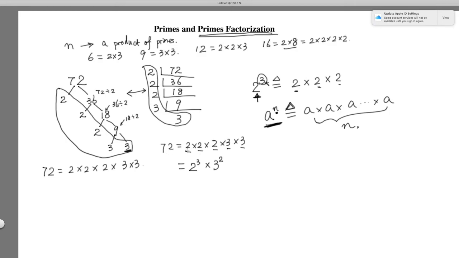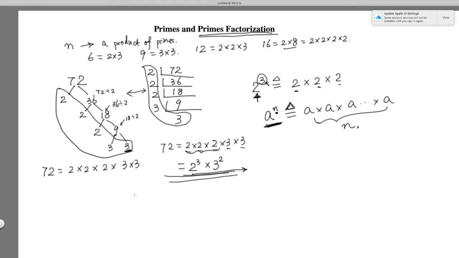So now you can collect these things in the power form. 2 times 2 times 2 equals 2 to the power 3, times 3 squared, because there are two 3's multiplied together. And this is the prime factorization. And if you order the primes from the smallest to the largest, then this prime factorization is unique. And this is a fundamental theorem. The prime factorization